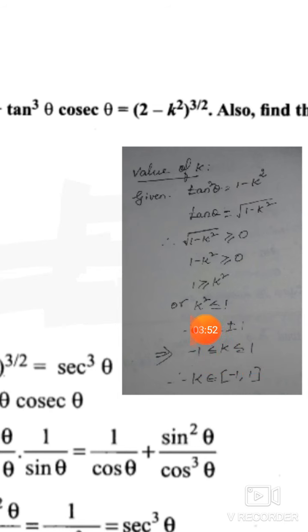So which is k less than or equal to plus or minus 1. When you substitute 1 here, 1 square is 1, the same. When you substitute minus 1 in the place of k, minus 1 the whole square, the same 1 you have. So it satisfies both the values 1 and minus 1. So how do we write this? Minus 1 less than or equal to k less than or equal to 1. We can give it in this way also: k belongs to the closed interval minus 1, 1. So this also you have to write down in the proof.